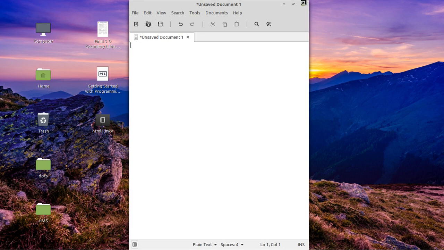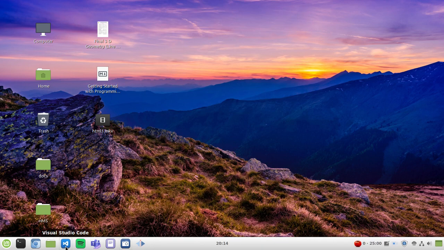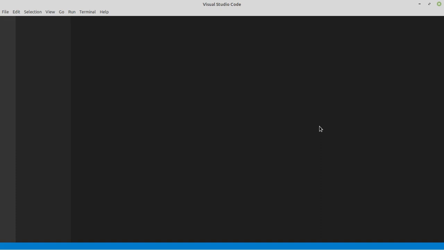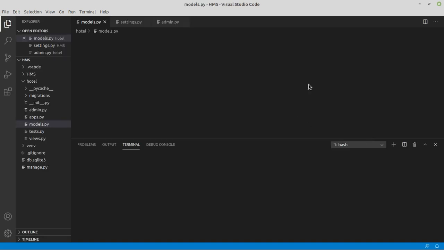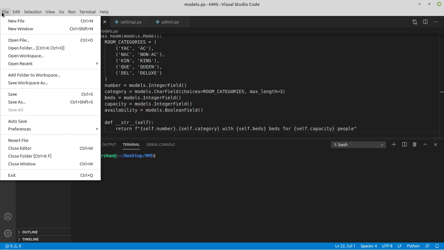So we install code editors like Visual Studio Code, which I personally prefer, or there are some other code editors like Sublime Text or Atom, or PyCharm, especially for Python. There are a few IDEs, which are integrated development environments. They are not simply code editors. They are some programs which give you a complete environment along with it.